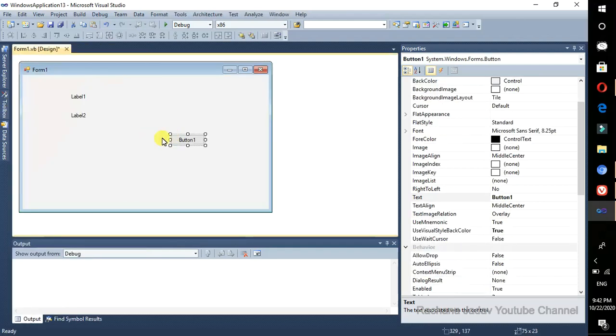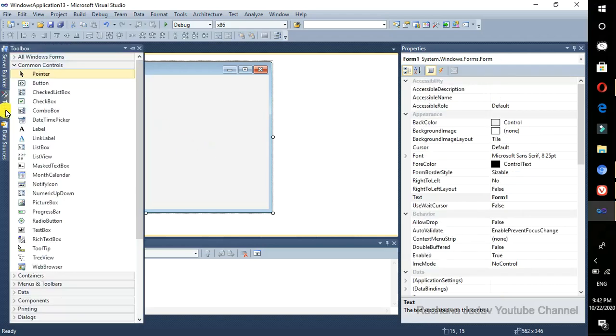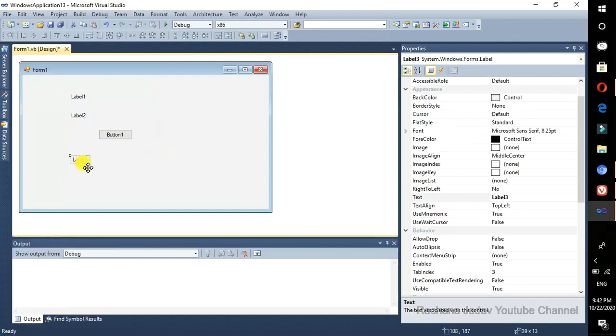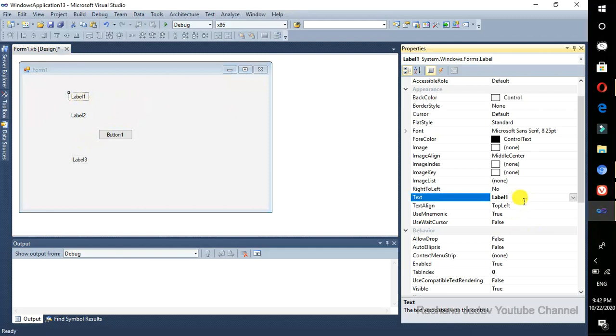We will click on the button and check whether the person is eligible to vote or not. We will take that label also, in which we will get the output.